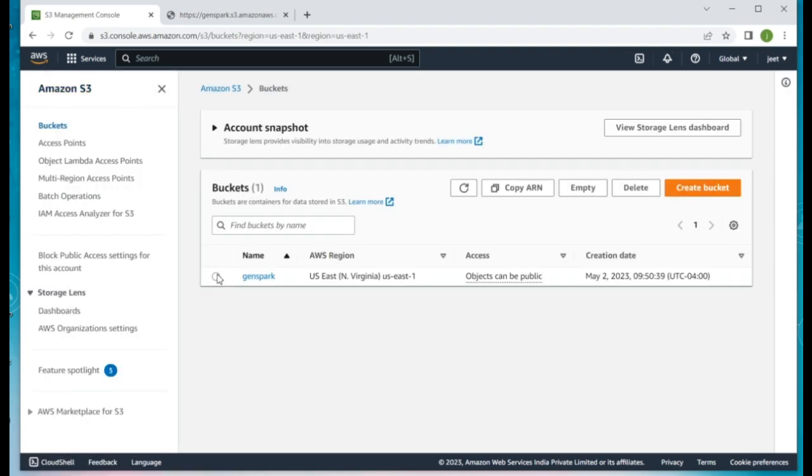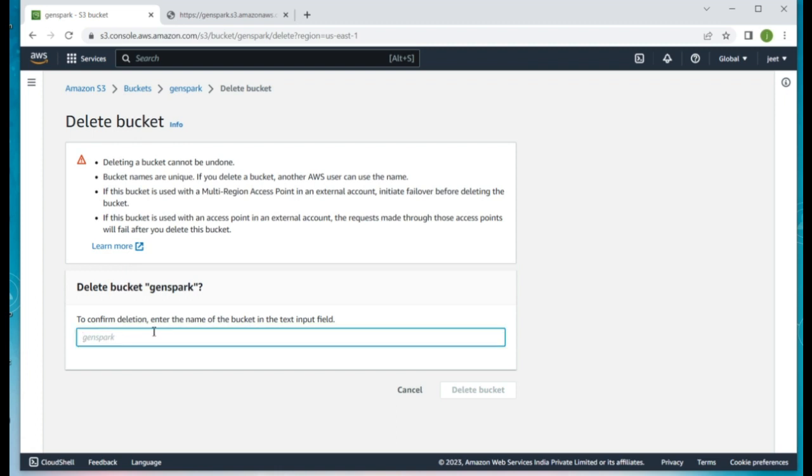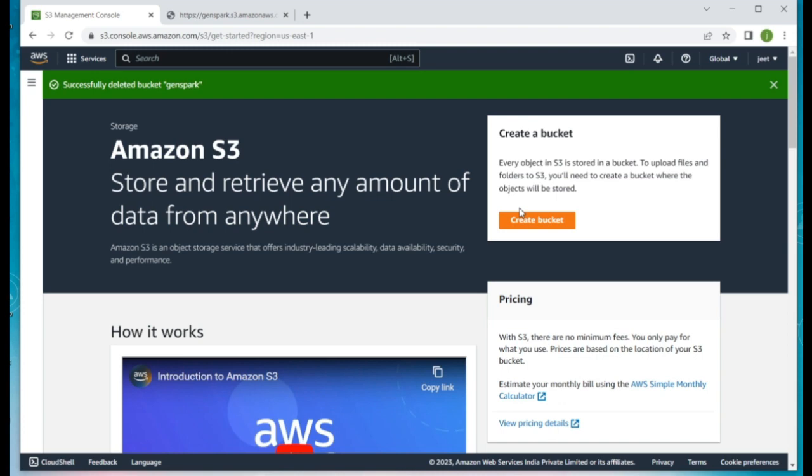Go to the bucket, select the bucket name, click on delete, and here you need to type the bucket name, that is GenSpark, and delete. Now your bucket is successfully deleted. Remember, this is chargeable, this is not a free one. So once your work is over, you need to delete your object and delete your